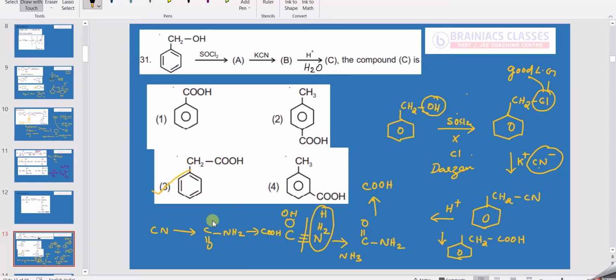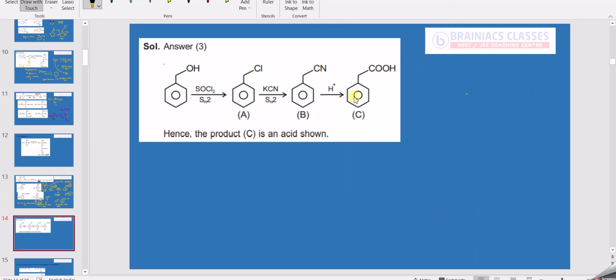Please remember, this is a shortcut actually. Even if cyanide is given and they are reducing it, what will happen? Apply hydrogen on both sides. Then it will become CH double bond NH. This is called imine. Now if you are again reducing it, apply hydrogen on both sides. Then this will become CH2NH2. That is amine. So please remember this shortcut. Cyanide on continuous reduction will become amine. On partial reduction it will become imine. Cyanide on partial hydrolysis will become amide. On continuous hydrolysis it will become carboxylic acid. Okay.